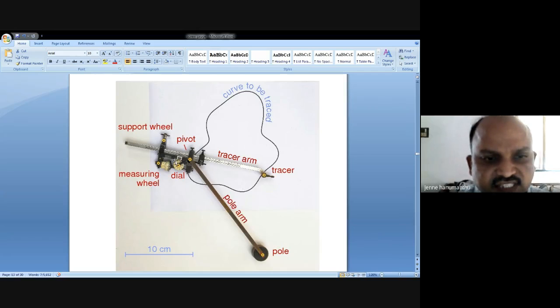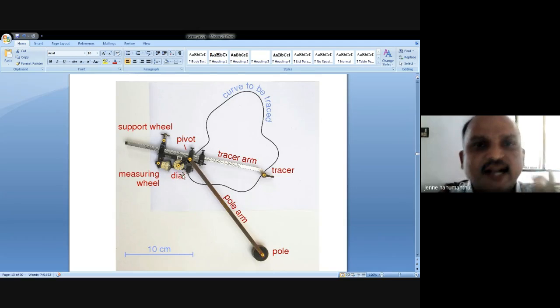So initially this is the dial scale. Once it has one rotation, it shows one. If the tracer moves along other solid lines, it creates one more circle. So two rounds, the dial will show two and above. If it takes three rounds, the dial will show three and above. Because we have only one round, the marking on the dial is one and above.